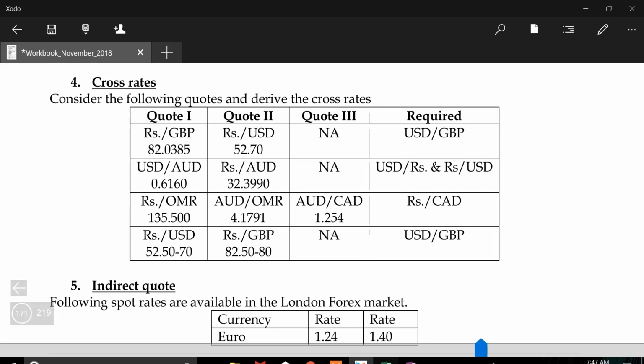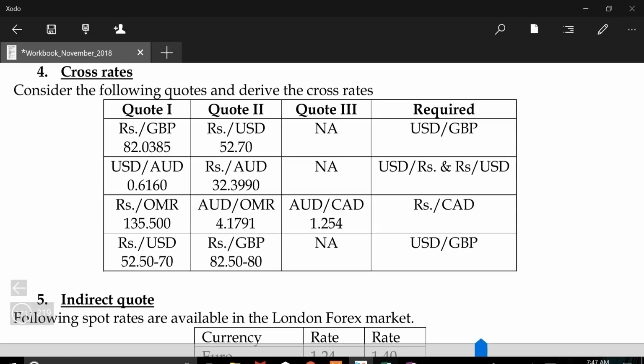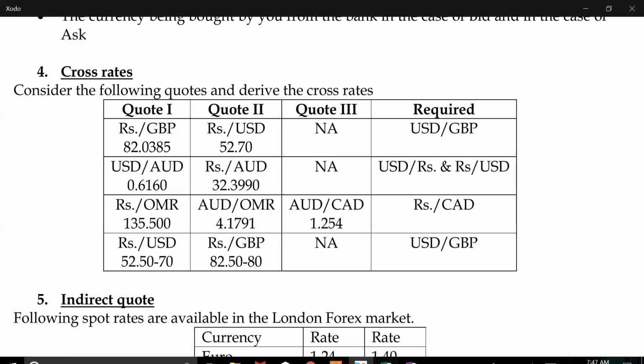Question number 1, 2, 3 doesn't have bid and ask confusion, so it will be easier for you to do. Question 4 is where bid and ask will come into picture. Now, first one, USD per GBP is the required quote. Now, write USD per GBP is equal to